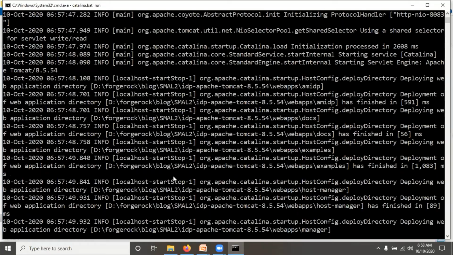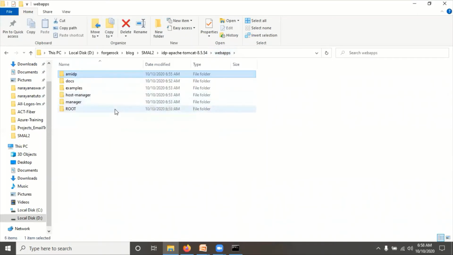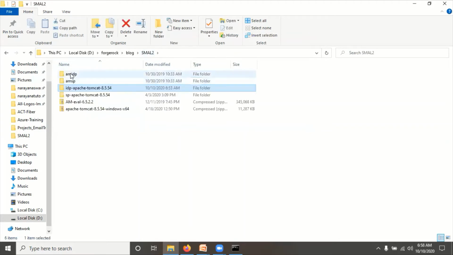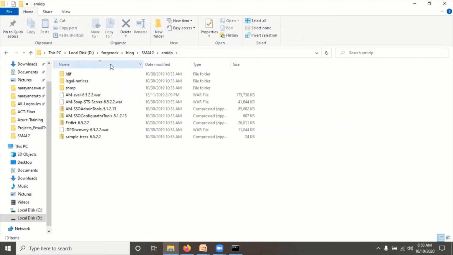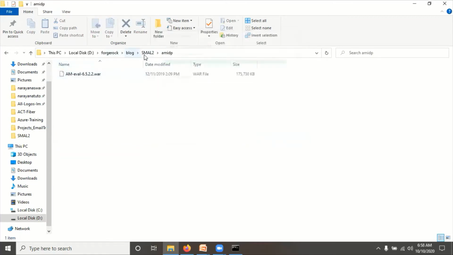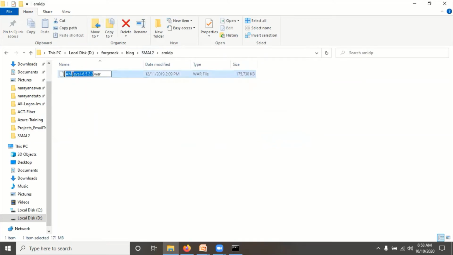Oh sorry, this is the complete folder we extracted, so stop the Tomcat and remove it from here. That folder has many things. Now go to AMIDP. A lot of things are there, so we have to remove all those things and keep just this one. We need this one. Copy this name and put it like this. I'm removing this one also.